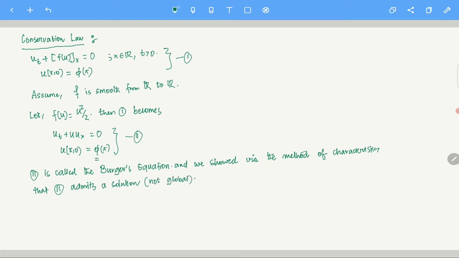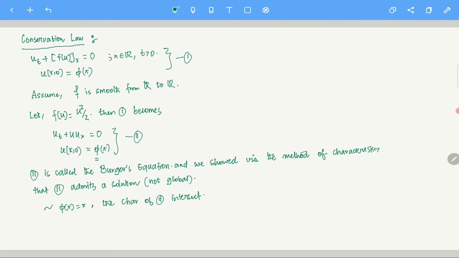Because we have seen that, for some phi, I don't exactly remember what that phi is, but most probably phi of x equals x in that case. Don't hold me to it, but I am 99% sure that if you take phi of x to be x, you can see that the characteristics of (2) intersect. Otherwise you have to work it out. But probably I did phi of x equals x only in that case, and you can see that the characteristics intersect.